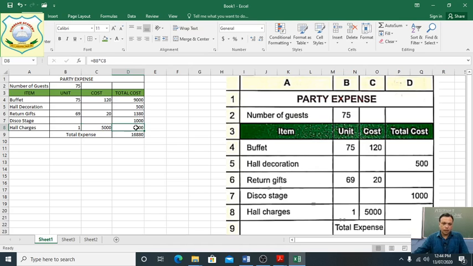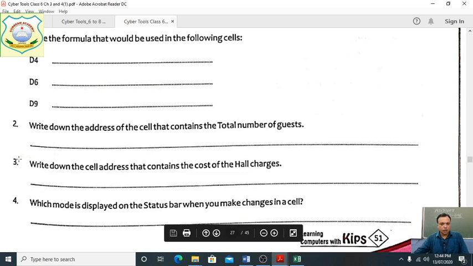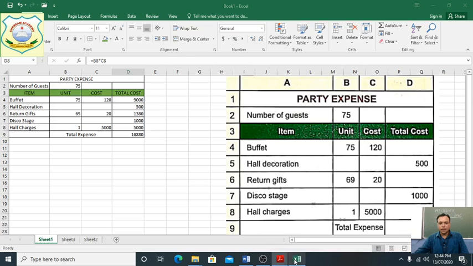So what will be the answer? D8. Clear? Because the unit 1 is given, cost is 5,000 and total cost is given in D8. So for question number 3, write down the cell address that contains the cost of the hall charges. The answer will be D8 because we have got it in D8. Clear students? D8 is showing.